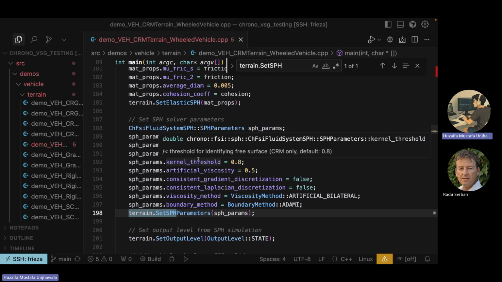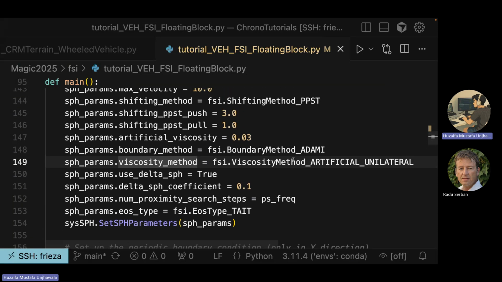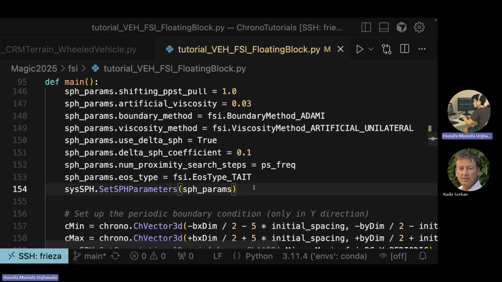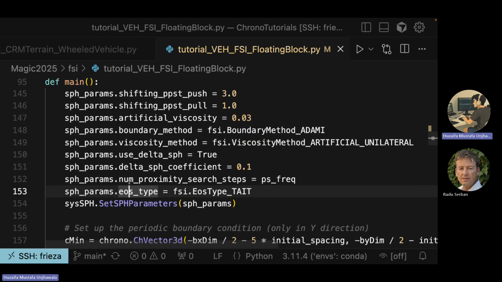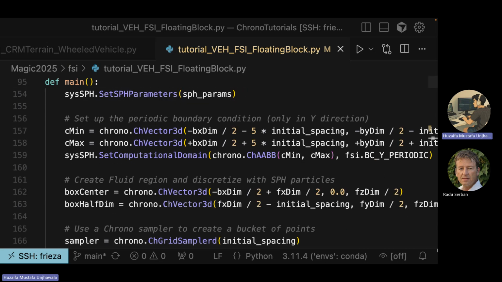You don't need to remember that, oh, I need this struct or I need that struct. Use the demos as much as you can and set these parameters based on what kind of simulation you're trying to simulate, right? And so then you just call set SPH parameters. And so now your SPH parameters are set, your fluid properties are set, right? And so this is what I was talking about